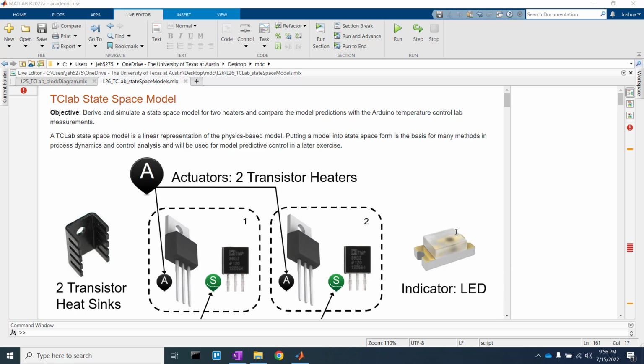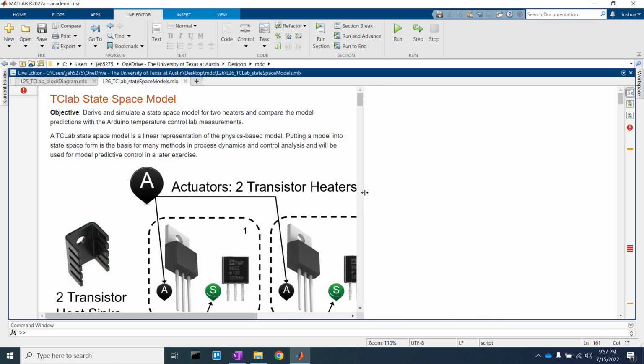Alright, let's talk about a state space model for our temperature control lab. State space models, I've seen some people be intimidated by them. It's really just a form that we get our equations in so that we're able to utilize everything in a much easier way. The way that's going to look here, I'll just use my pen on the computer real quick,